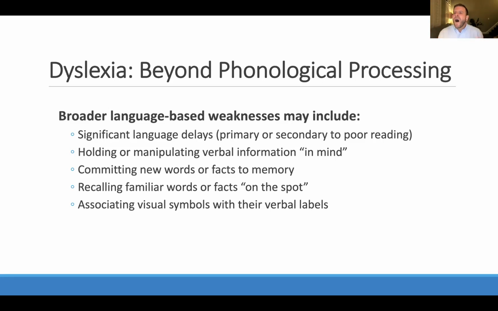Retrieving verbal information on the spot. So quickly being able to get that information out of mind can be a challenge, right? And as I mentioned before, those visual symbols with their labels. So point being that many folks that have dyslexia struggle with other language-based challenges that it's important that we identify them, right? If you have a dyslexic student and you're not giving them that additional wait time or providing the kinds of support that they need, just verbally communicating, that's going to look like not having the knowledge for them. We're going to be underestimating what they know and can do.